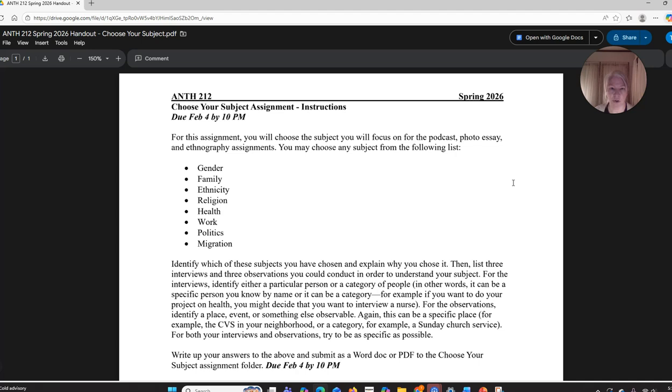For an observation, you can pick a space, like a place. You can pick a certain event or kind of event. And again, for this first assignment, I just want to see a list of 3 ideas for observations. Say you choose religion, and you already know what you want to do. I want to do my ethnography project on a church in my neighborhood that I walk by every day, looks super interesting. I hear music coming out of there. I've never been in there. I want to use my project to learn about that, right?